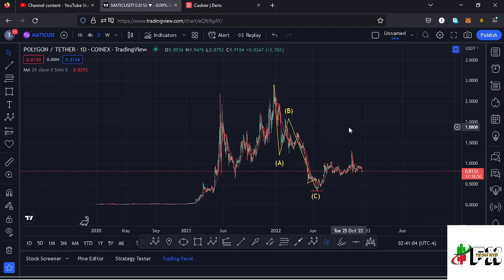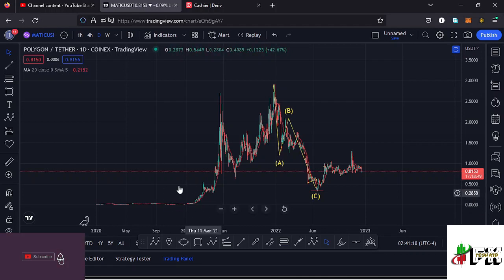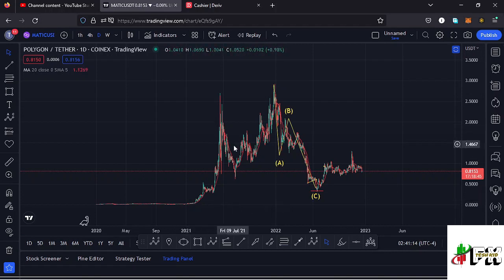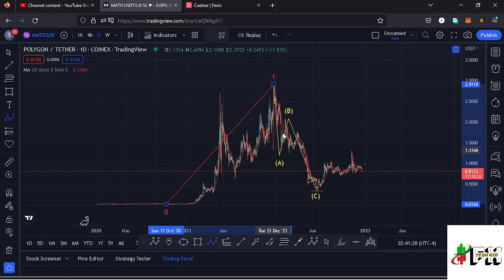Allow me to kickstart the video here on the daily chart by giving you a brief of what has been happening here on the Polygon Matic chart. From these low prices that we had been trading within, we saw a very nice impulsive movement taking us to an all-time high at around the $2.9 mark, in a movement that I've been terming as a higher Elliott wave count 1 to the upside. After the all-time high, we had been seeing lower prices in this massive ABC corrective structure right here,